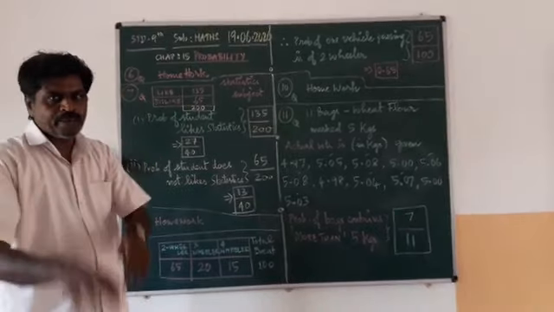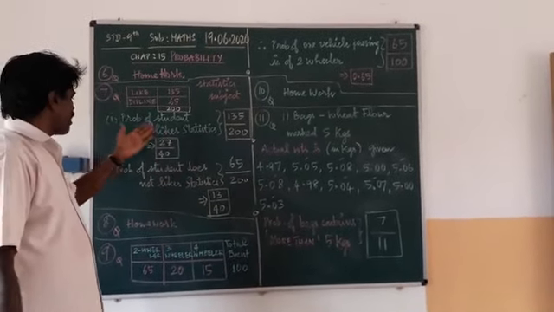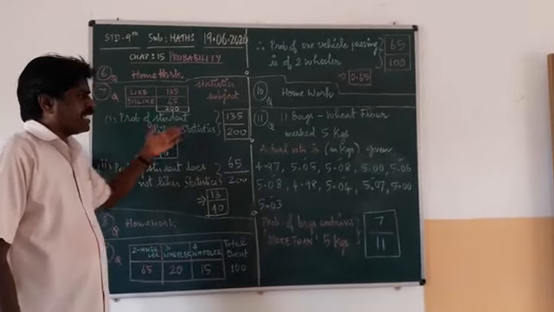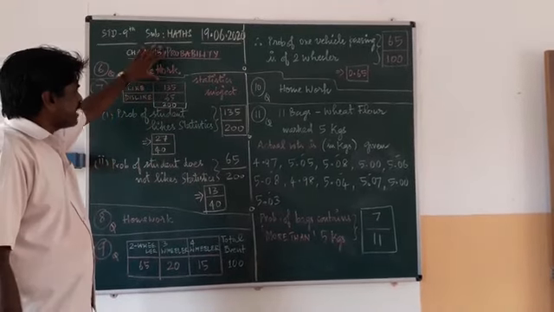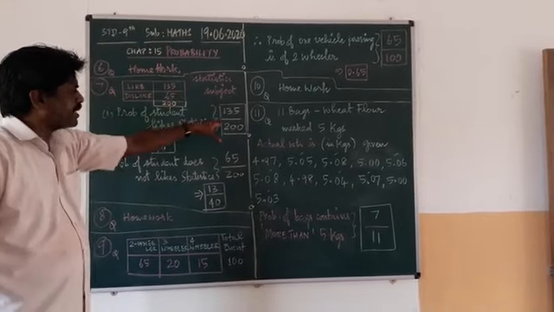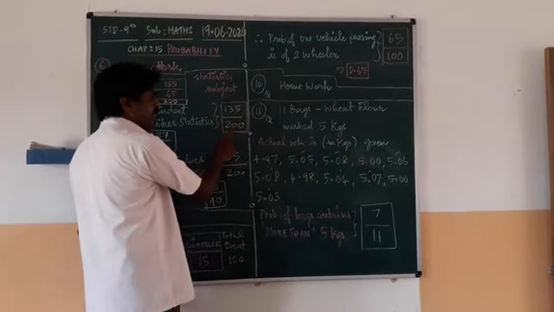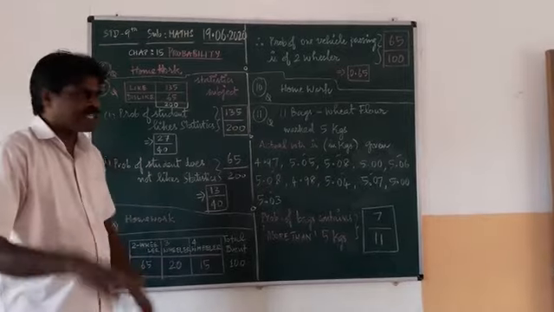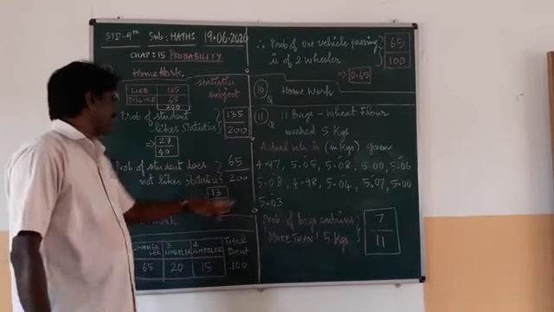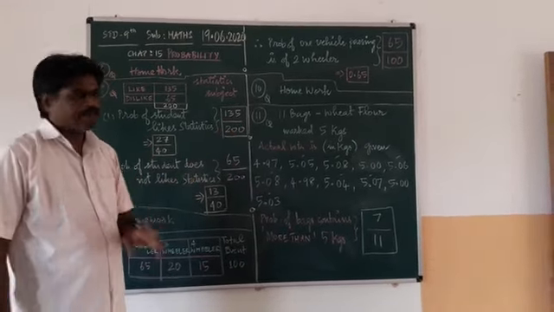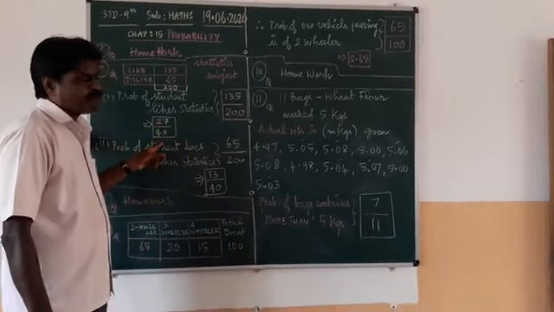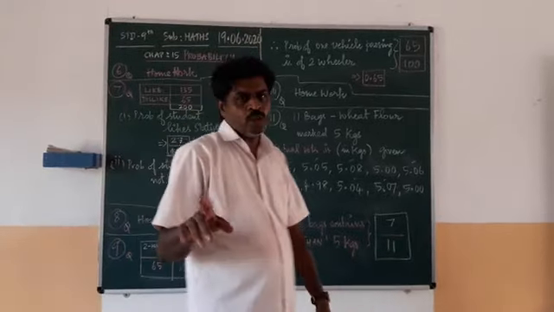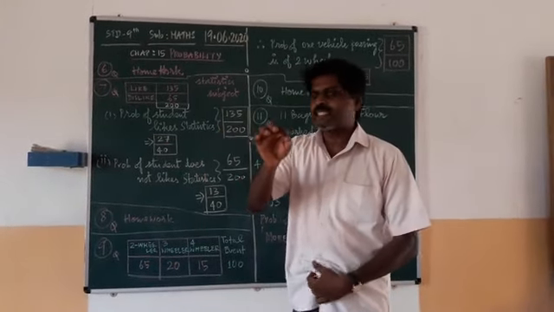What is your question in the problem? Find the probability of a student who likes statistics. How many of them like statistics? 135. So you write 135 upon 200. If it is simplifiable, simplify it with the number. I have simplified it by 5, so 27 upon 40 is my probability ratio for those who like the statistics chapter.